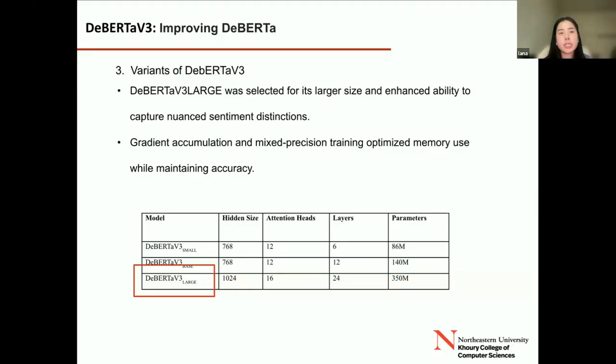However, the trade-off for the enhanced performance is a significant increase in memory consumption and computational costs. Large models require more GPU resources, making training expensive and potentially limiting batch size due to hardware constraints. So to mitigate these challenges while maintaining high accuracy, we utilize batch processing, gradient accumulation, and mixed precision training. These techniques help manage memory usage by reducing the computational footprint of each training step.